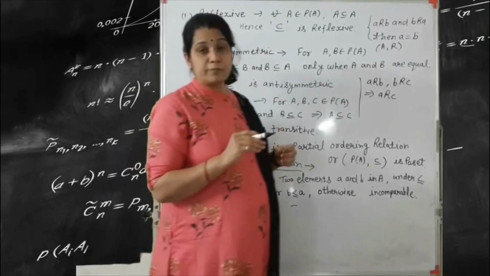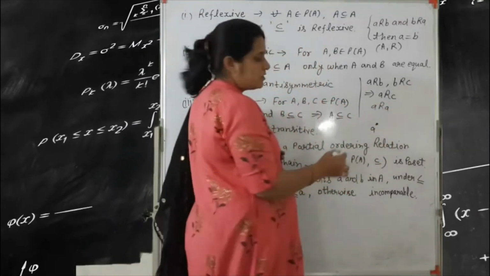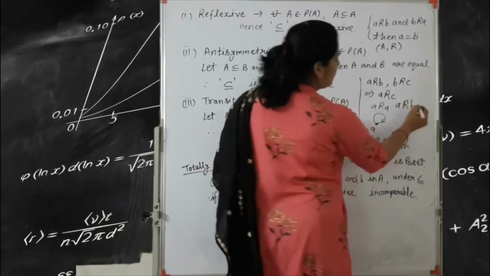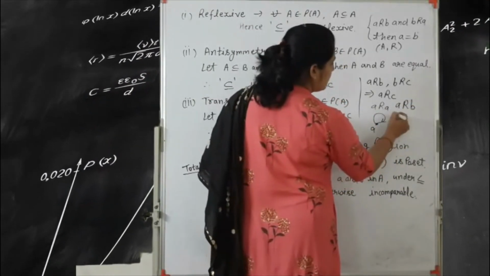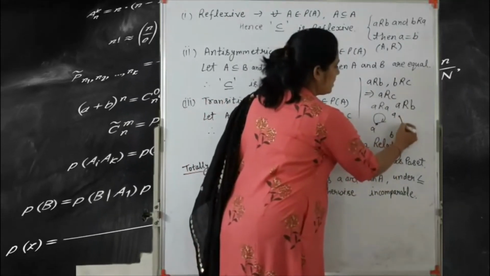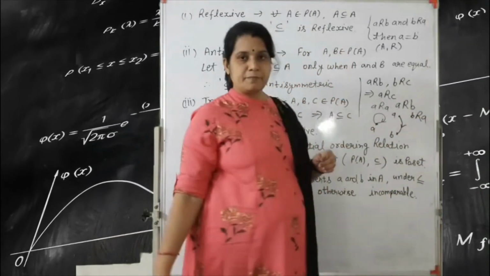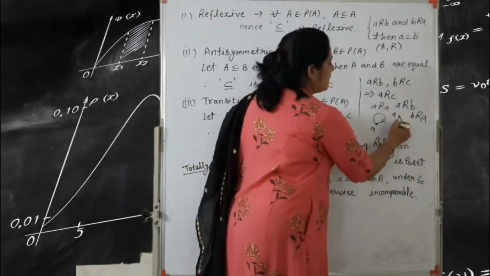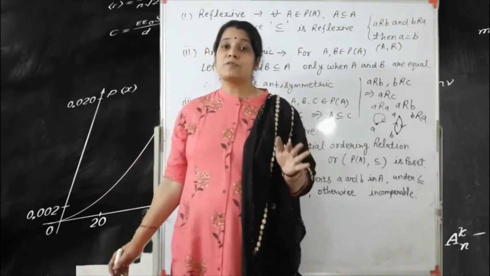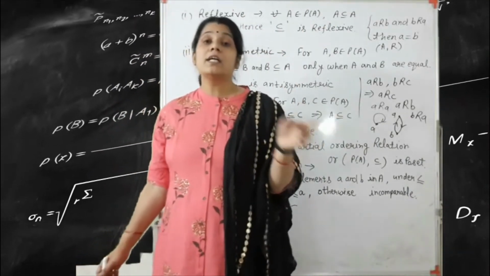Self loop means what? If we write A related to A, and for example this is your vertex A, so A related to A means you draw a loop at A. And if you write A related to B, that means if you have two vertices, this is your A vertex and this is your B vertex, so you draw the arrow from A to B. In case you write B related to A, that means B to A, so you draw the arrow on this side, B to A. Okay, so according to the Hasse diagram, we remove all the self loops, which come from the reflexive property, and the arcs, which come from our transitive property.